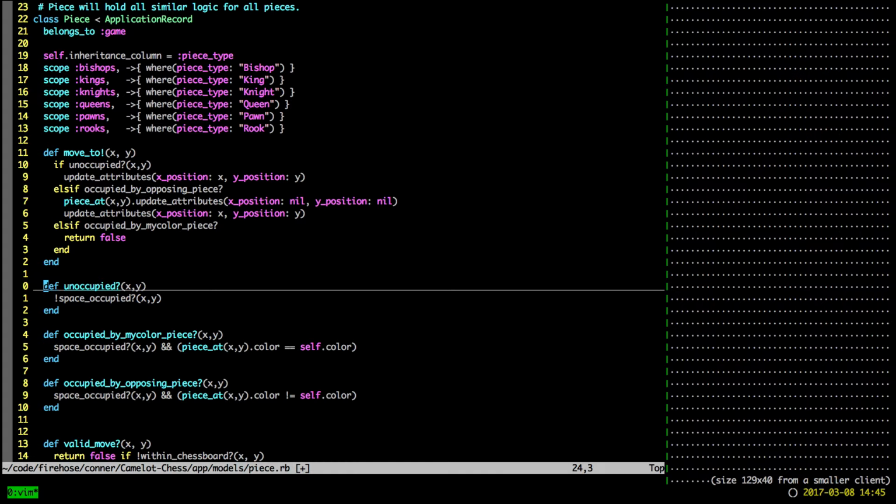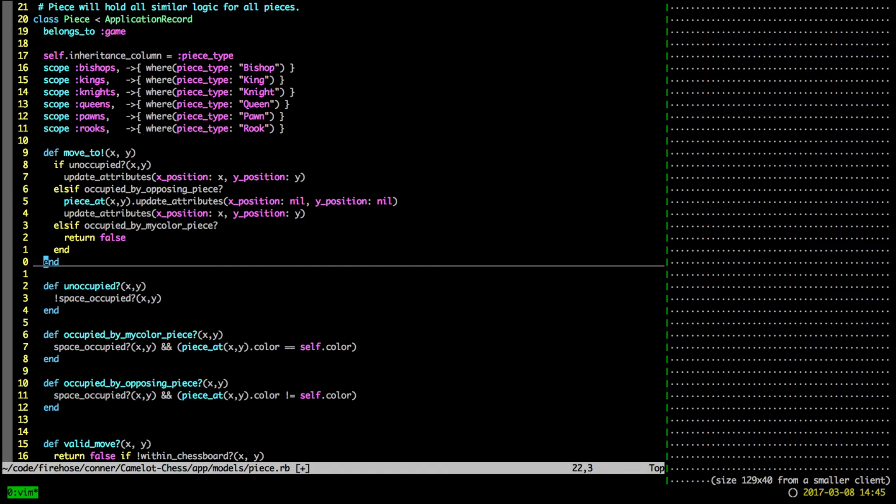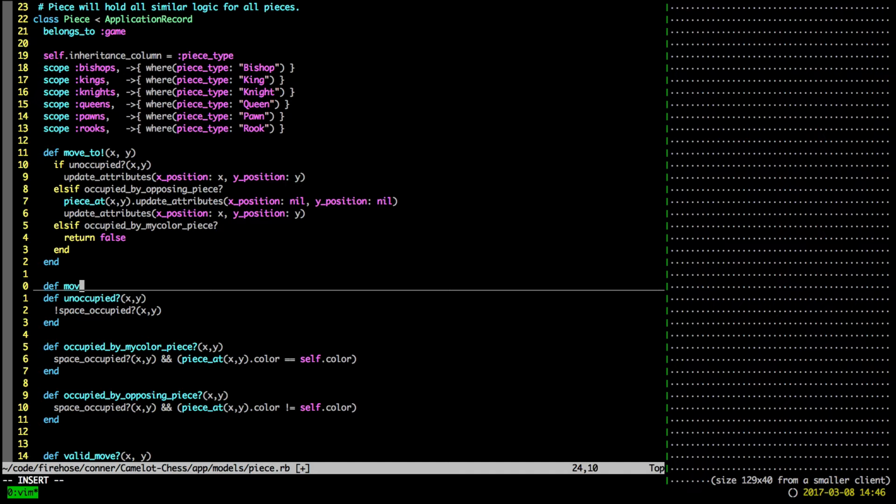I would make one, see, there's another thing here I would do, because this thing we're doing here to set x and y to nil, because we're talking about it and we have this tribal knowledge of how you're going to do this, we feel like, yeah, that's how you indicate that somebody's gotten moved off the board. But why not just do this? You can make a method and call it capture piece or something like that. I like that. Capture piece at XY. And then all you do is